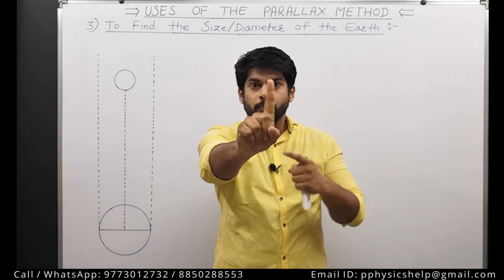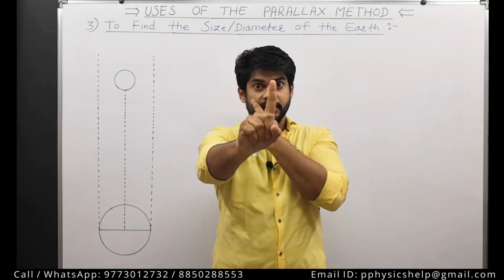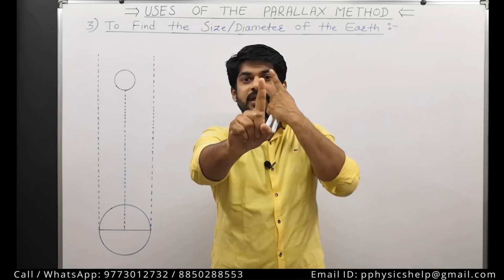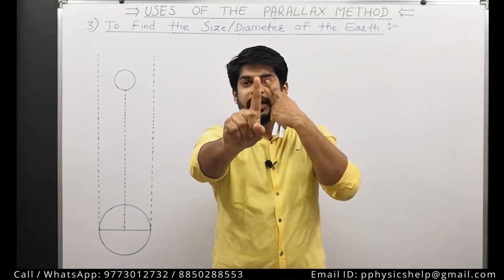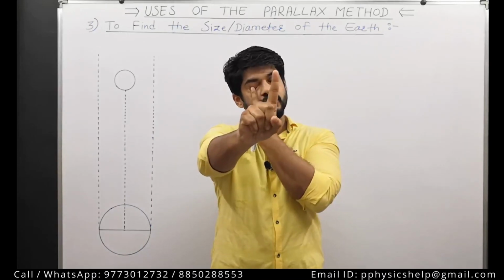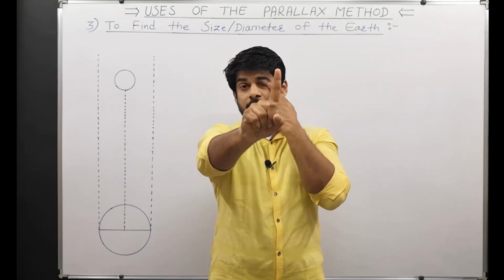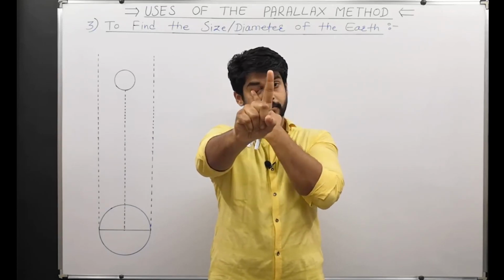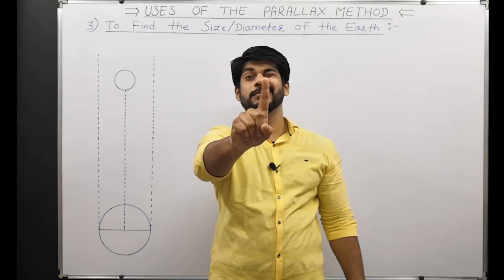I am going to observe this finger through both my eyes, but separately. First I will close this eye and observe it through the right eye. Then I am going to close the right eye and observe through the left eye. I do the same thing again and again. You can just do it at your place, like this, like that.